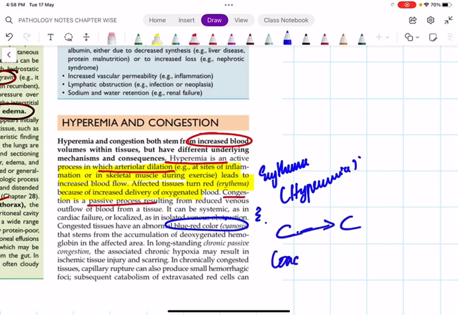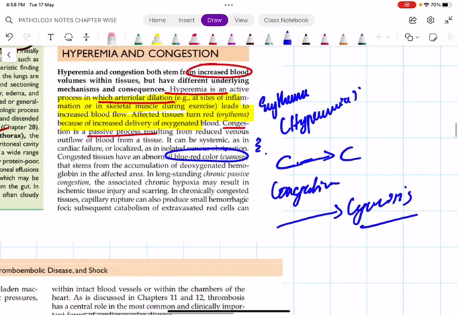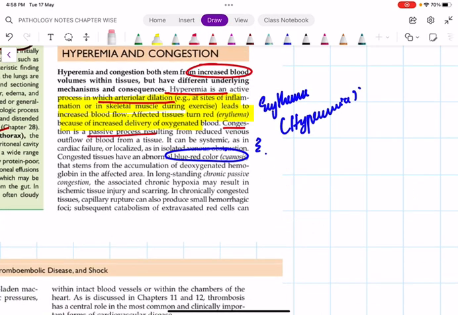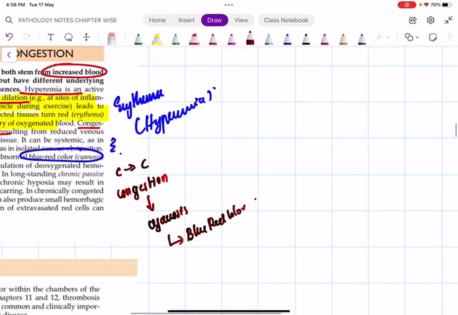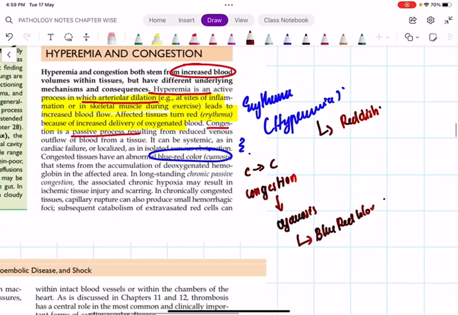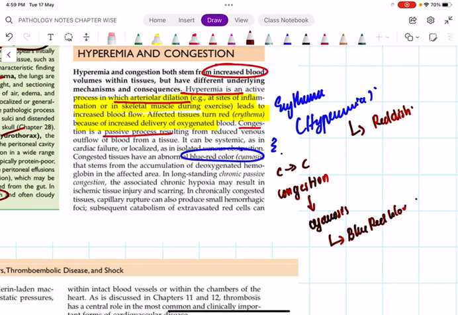C4C. That means congestion means cyanosis. Congestion means cyanosis. I will write it again. C4C. That is congestion means cyanosis. Cyanosis means blue-red color, whereas erythema means reddish. Fine? So this cyanosis occurs in different conditions, that is chronic passive congestion of the liver, and